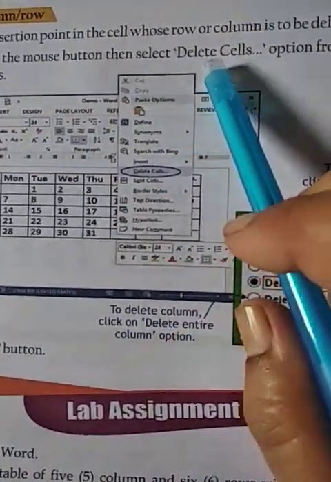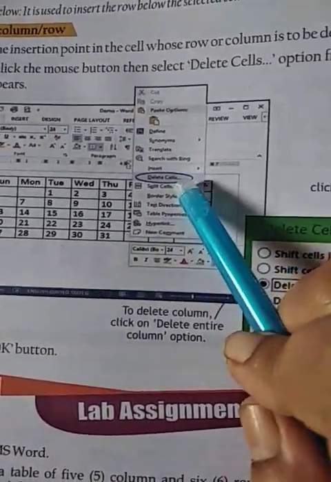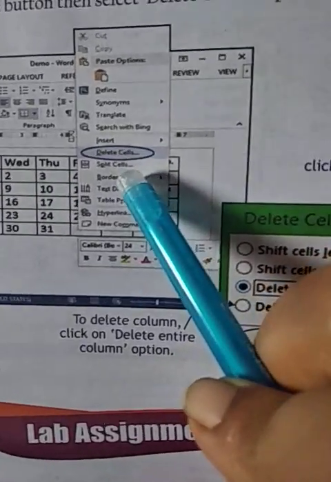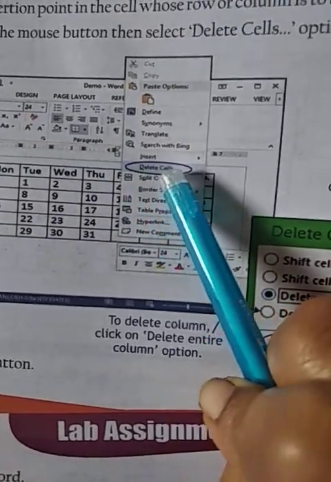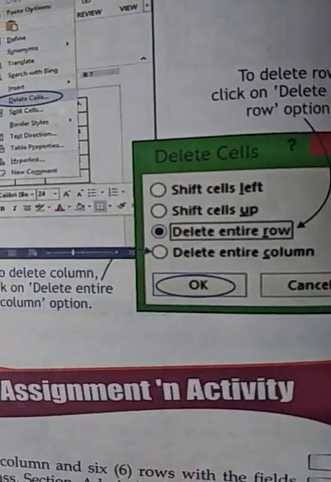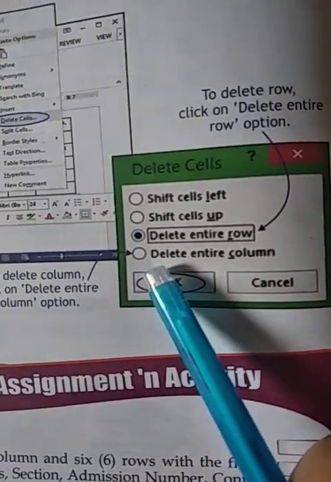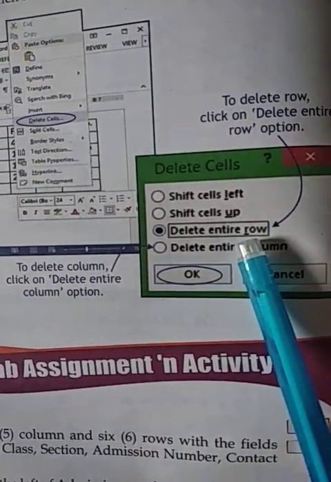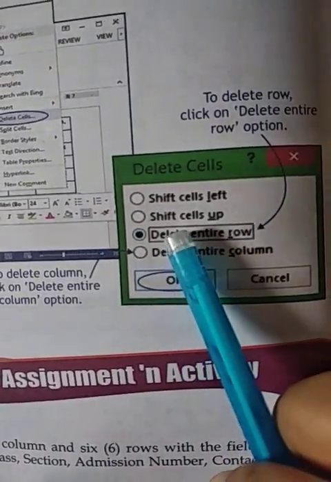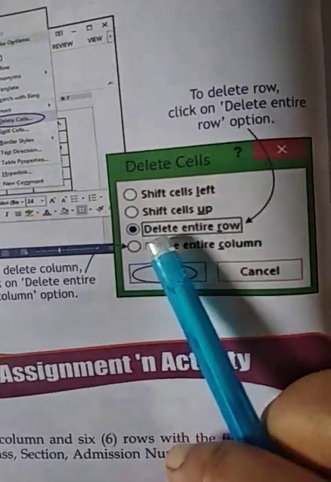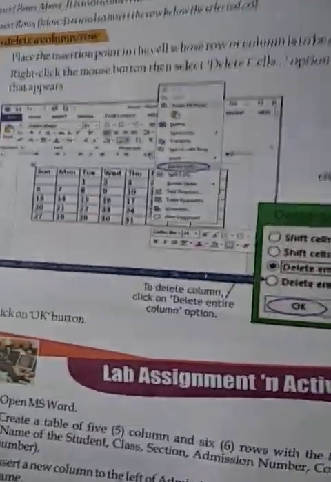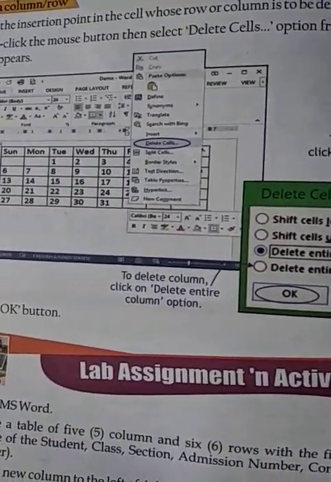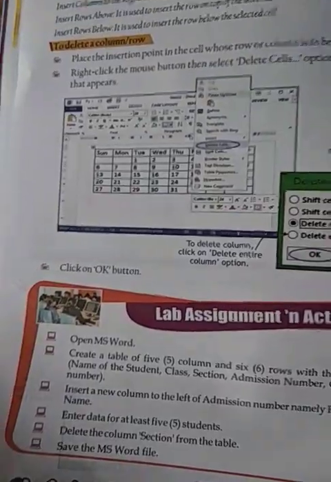Then you have to click delete cells. This option is available now. Then again you'll get the option delete entire row. Then you click on OK, and the row that you had selected will be deleted.